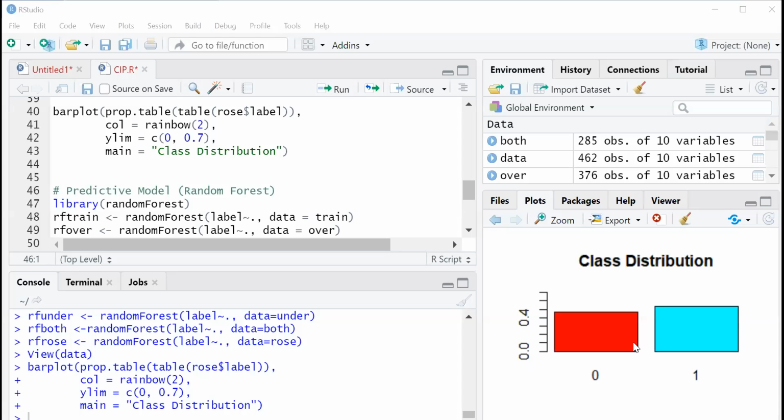Could you able to see my screen? Could you able to see my screen? Yes. Okay, fine.